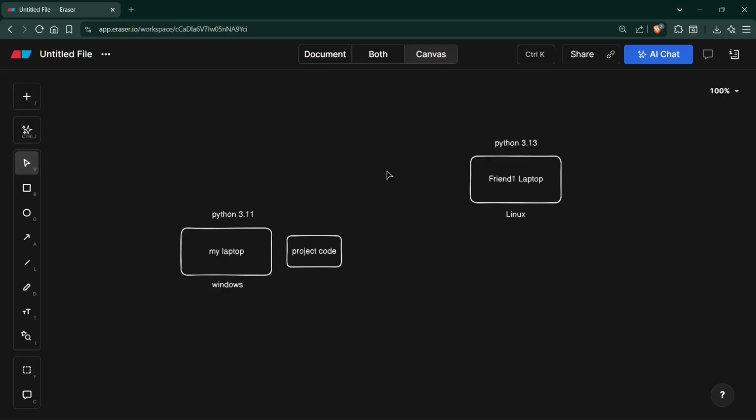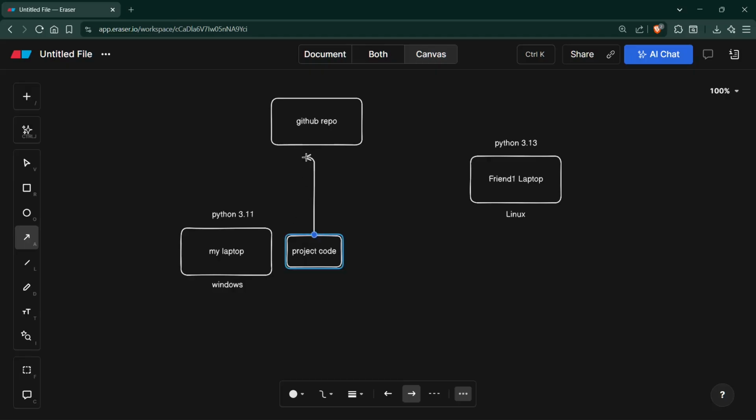What can I do? One option is I can zip the folder and send it to my friend through WhatsApp or anything. What are the different options? One of the best options is uploading it to a GitHub repository. So let's consider this is the GitHub repo, and I will push my completed project code to this GitHub repo.